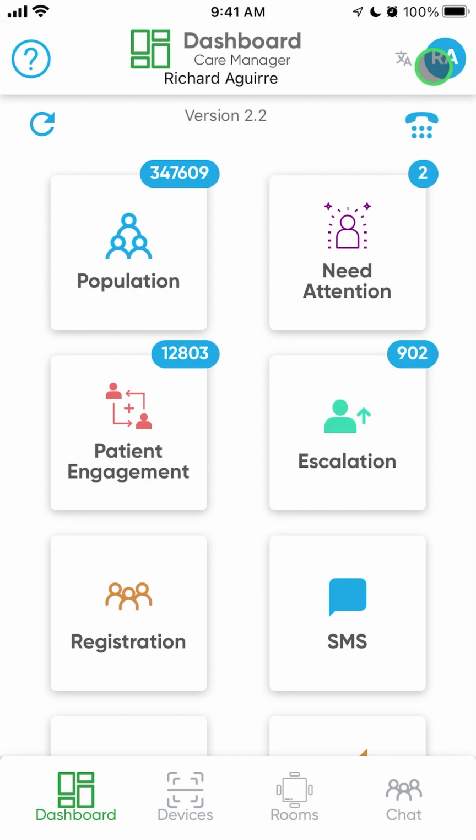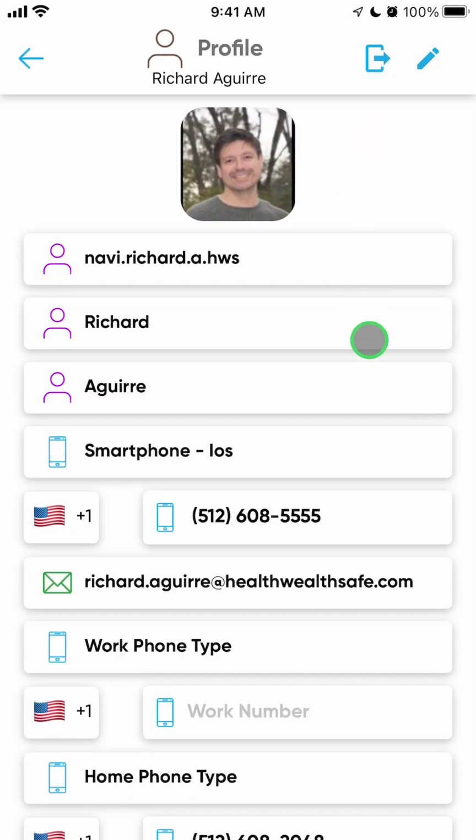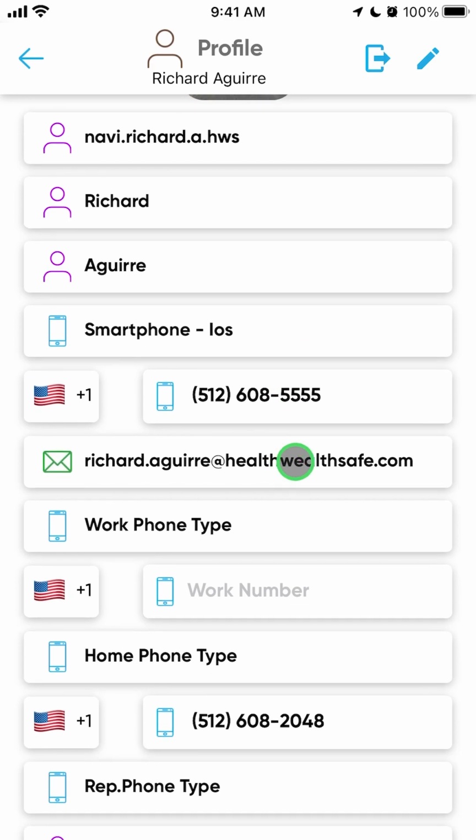Next, we have the profile. Clicking this will allow us to enter our profile information. As you can see, we have our username here, followed by a first and last name, the device in which we're using the Health Well Safe Care app, and then our other information like phone number, email, work phone number,